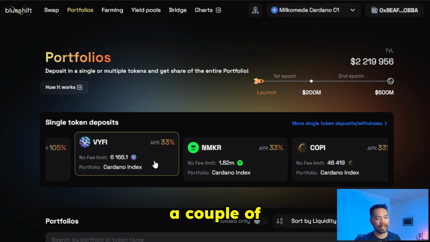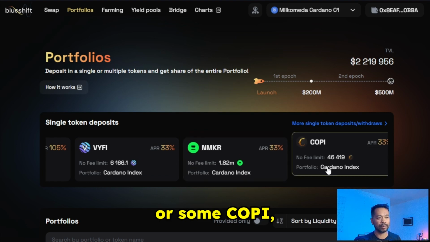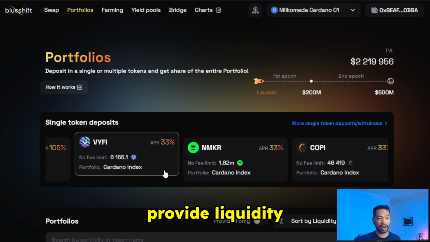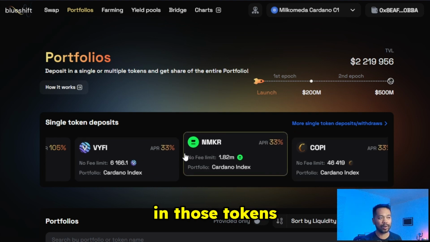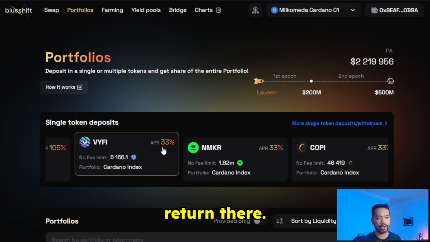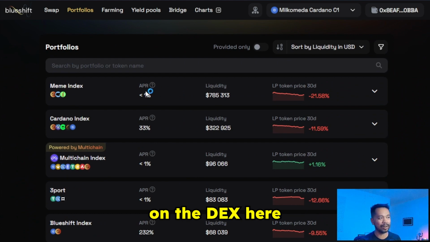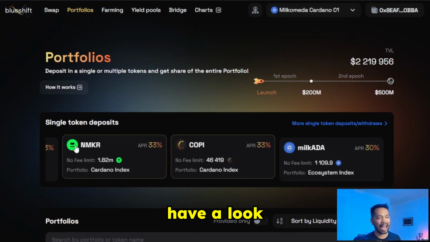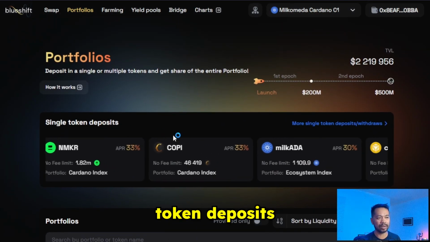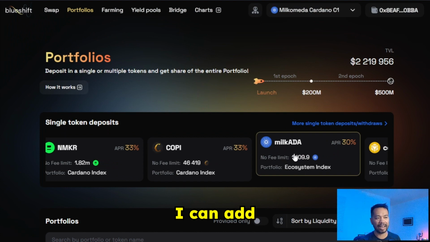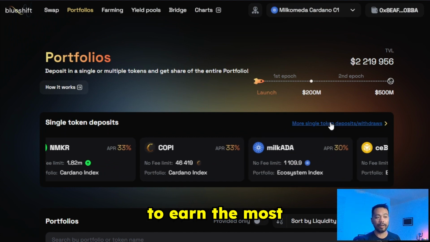So here you can see a couple of tokens here. If I had some Wi-Fi, NMaker, or some copy, I could provide liquidity on the DEX in those tokens and have a nice little APR return there. I can also look at the various portfolios on the DEX here and see if I like any of these to provide liquidity to. Now, what I'll do in this case is have a look at some of these single token deposits and see where I can add in my Milk ADA to a various index to earn the most